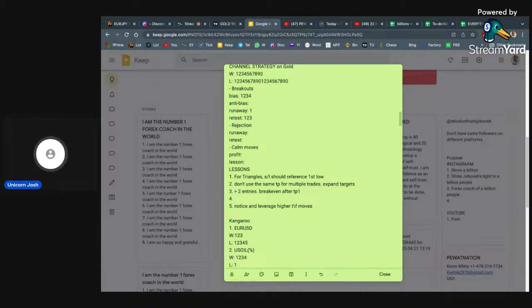But then when it actually aligns with a 1 hour channel, oh my, that's the money spinner right there, and I must not miss it. I must be on ground. I must notice it, I must realize it, and I must leverage it. So that's the idea behind this lesson. I want to notice and leverage the higher time frame moves. And that's all I've learned for my backtesting so far.